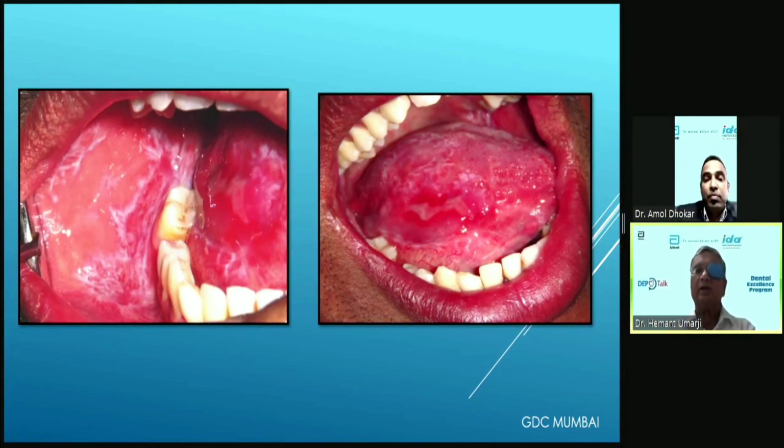So erosive lichen planus is very, very common, and now it is becoming more so. They say that it is associated with stress. So maybe because the stress is more, we are seeing more of erosive lichen planus, and these patients are hyper-conscious. They feel worried that they develop cancerophobia. Of course, about 6% of leukoplakia can turn into cancer, and more of submucous fibrosis, but less of lichen planus. Lichen planus is about 0.2%, 2 in 1,000. And if the patient has a habit also, if he has a smoking habit, then chances are that he may develop malignancy. But lichen planus is less likely to develop into malignancy.